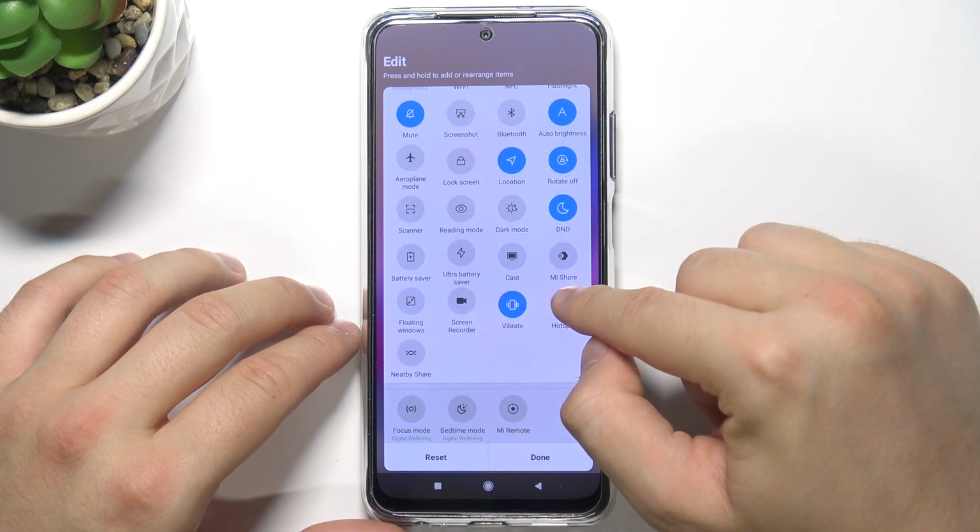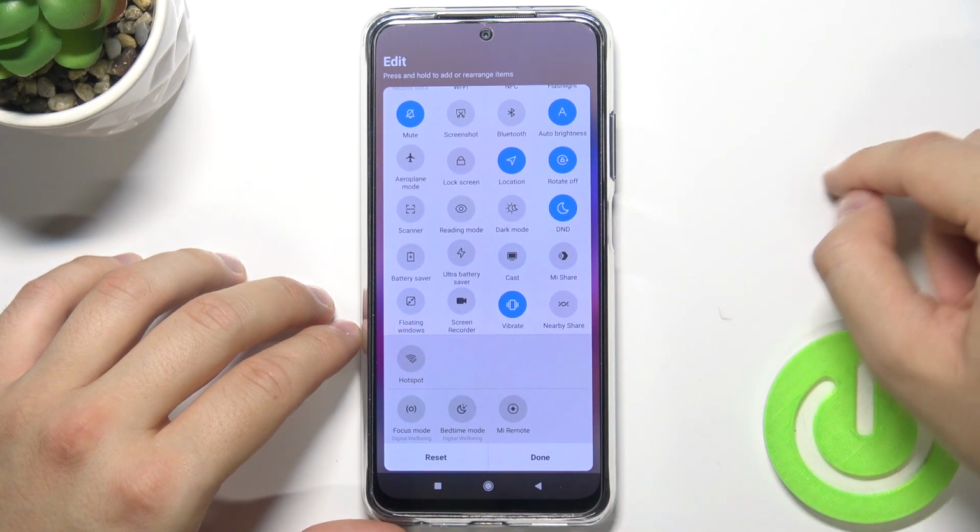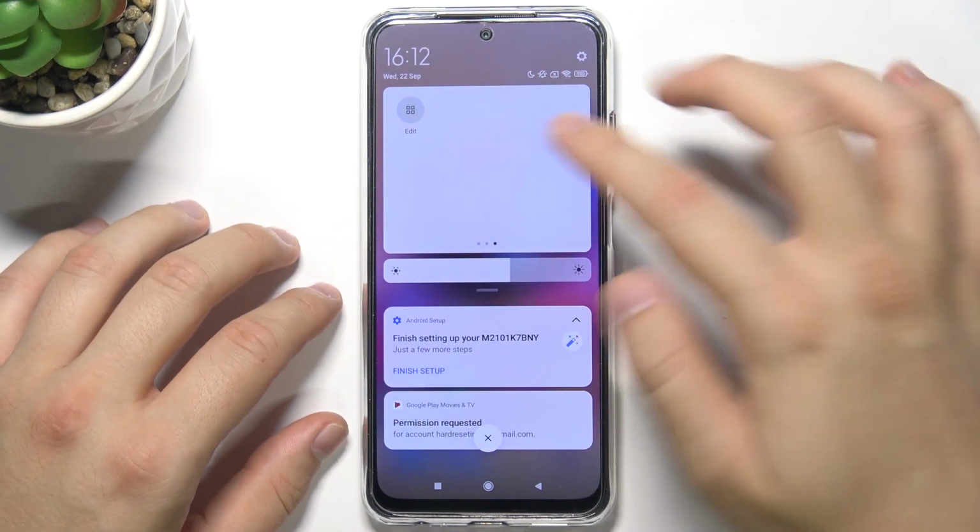If you want to remove icons, just do the same, but drag them below. To save, click Done. And as you can see right now,